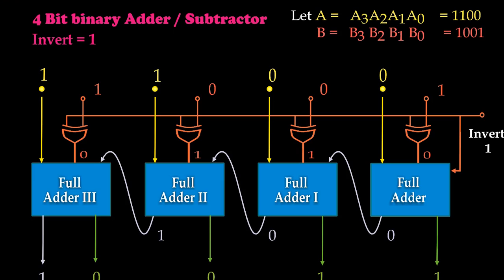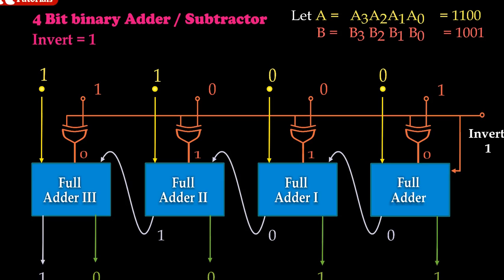So input to the fourth full adder will be 1, 0, 1. The middle 0 is complemented by B bit 1, as it is the output of the XOR gate. So here two 1s are added. 1 plus 1 will create sum as 0 and carry will be 1. So the output of this circuit is shown as 1, 0, 0, 1, 1. The MSB bit is the carry bit, which is 1, and this 1 represents that the output is positive. Neglecting this, we can see the output is found to be 0, 0, 1, 1, which is nothing but 3 in decimal.